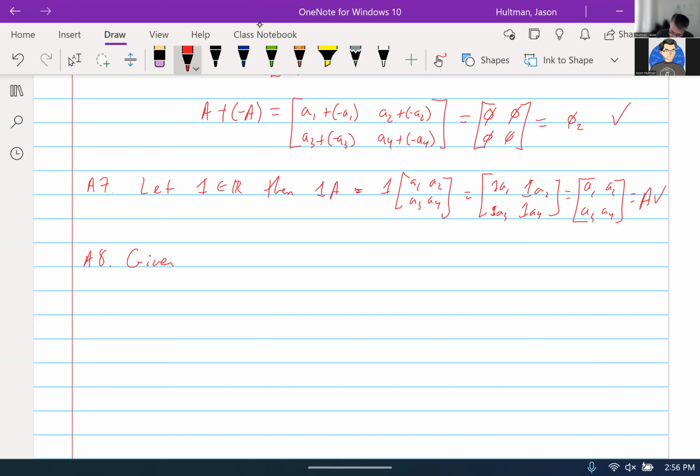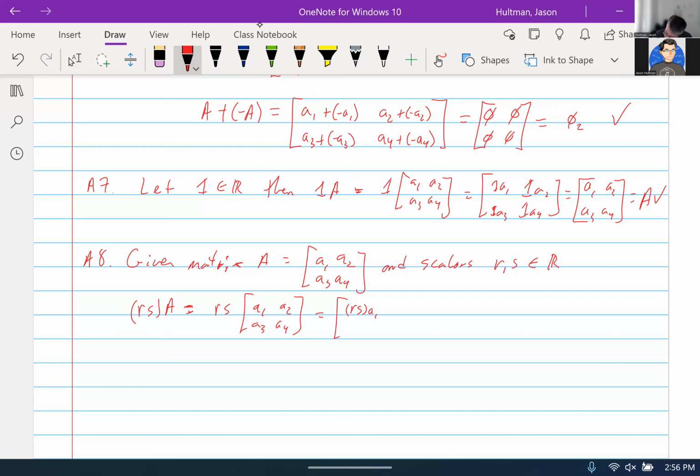So given matrix A, A1, A2, A3, A4, and scalars R and S, which are elements of R. RS times matrix A equals R times S times matrix A. So we have RS times A1, A2, A3, A4, and that equals RS times A1, RS times A2, RS times A3, RS times A4,